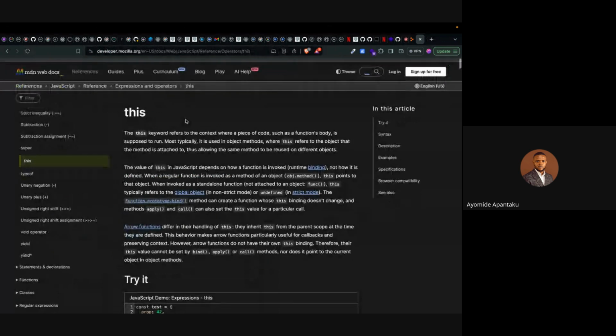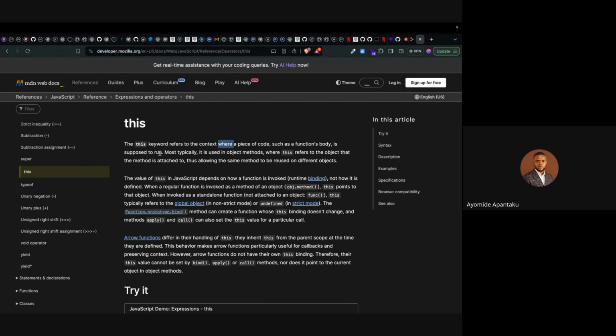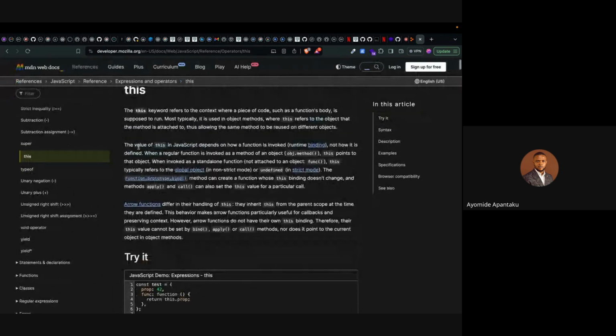Okay. So can we see something here now? This keyword refers to the context where a piece of code, such as a function's body, is supposed to run. Most typically, this is used in object methods where this refers to the object that the method is attached to. The value of this in JavaScript depends on how a function is invoked, not how it's defined. When a regular function is invoked as a method of an object, this points to that object. When invoked as a standalone function, not attached to an object, this typically refers to